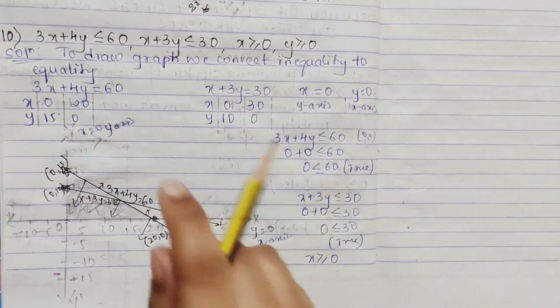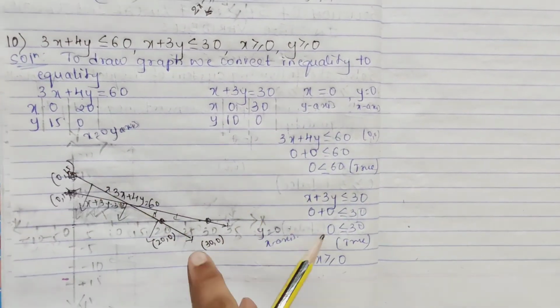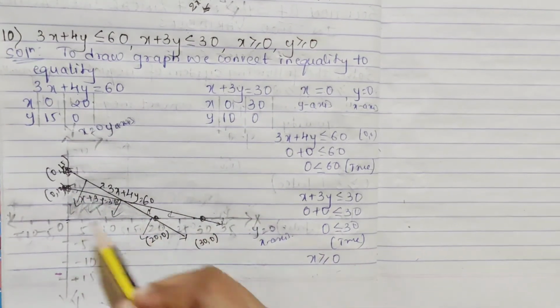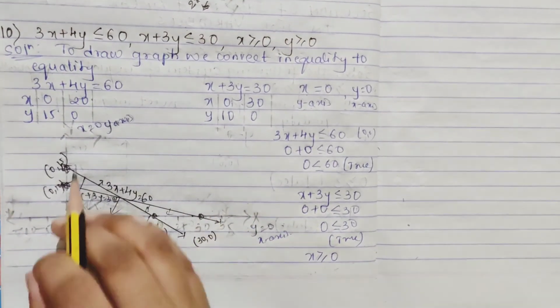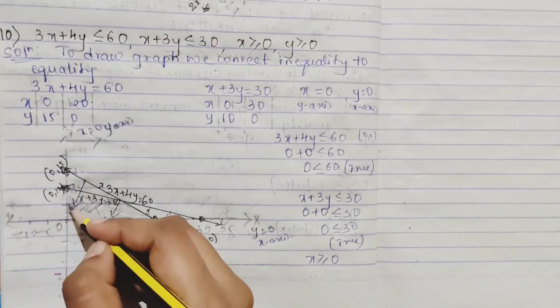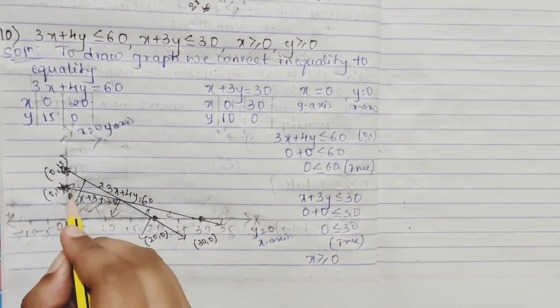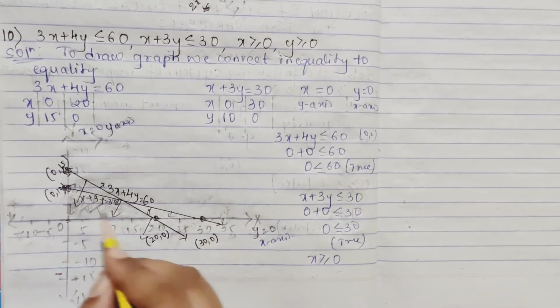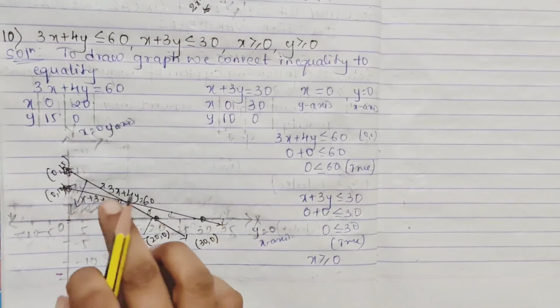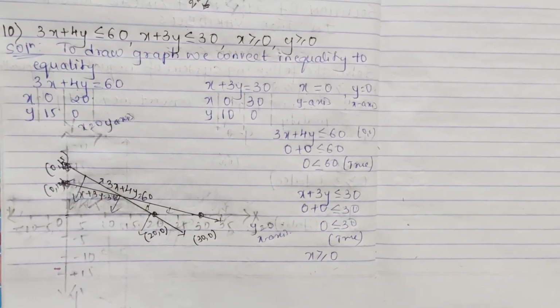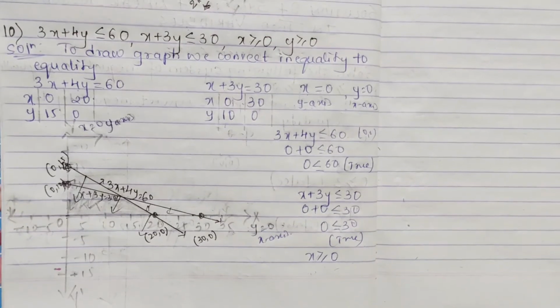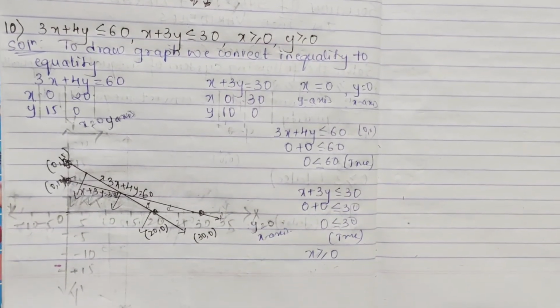Next, for this line, this is true. For this line, it is true. So you can see overall for everything, the common region is this, and this is bounded, you can tell. Why? See, you have a line like this, there, here. So this is your feasible region, you call it the feasible region. Okay, I hope it is clear for you. Please pause the video to note it down.